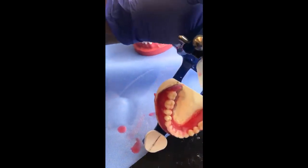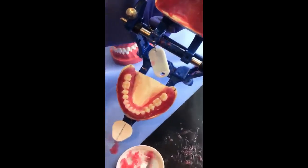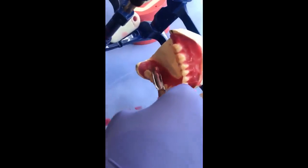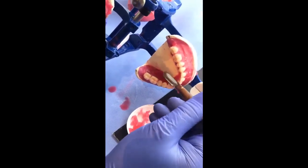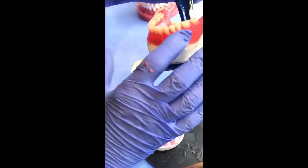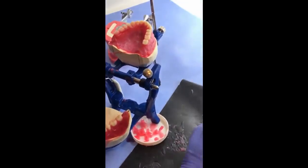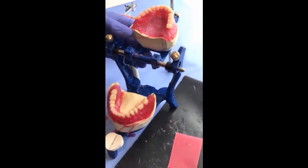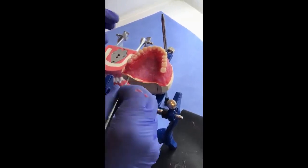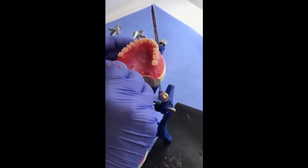You have to cover the gingival third of the teeth with the wax. So you keep adding the wax until you feel that you have sufficient bulk of wax. Now to the palate, the palatal area, we can adapt a sheet of wax to the palatal side. It must be clean at the beginning, clean from any previous wax